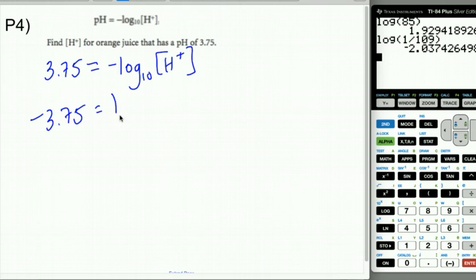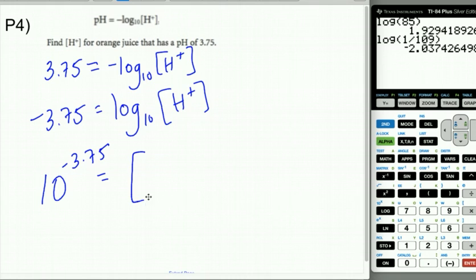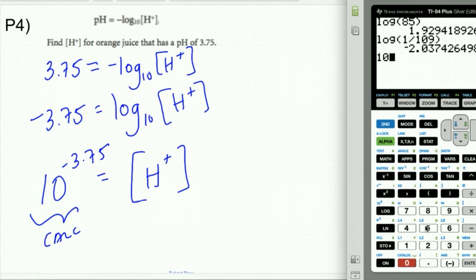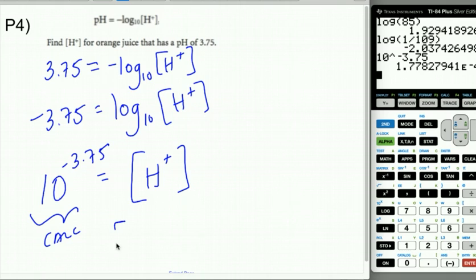We're still doing SADMAP. We're still solving down to the thing that is an exponential, and logs just behave like an exponential. I'm going to rewrite this in exponential form. Again, you're definitely going to put this in a calculator. We didn't have to do that with the last one, but here I'm going to have to do 10 to the negative 3.75. And I'm going to get that the H plus concentration